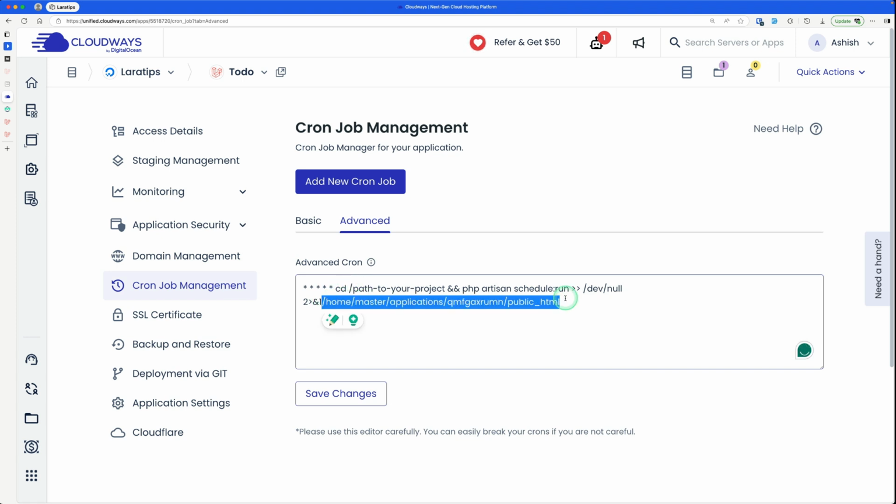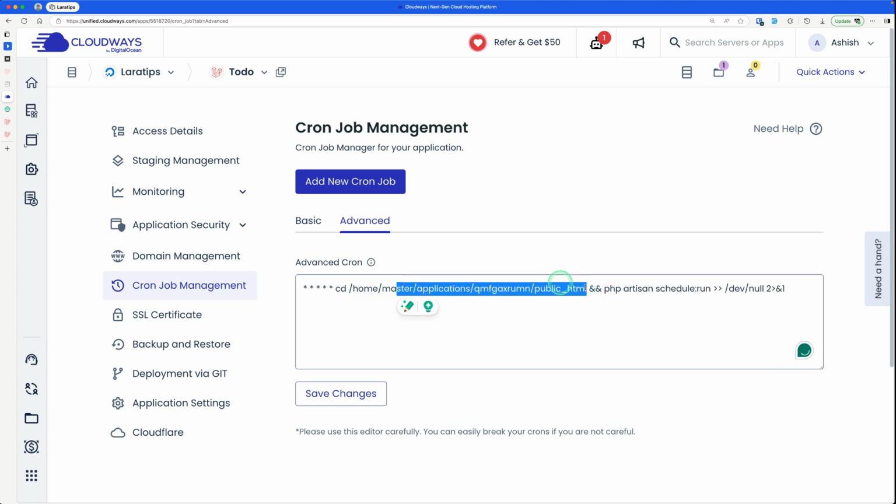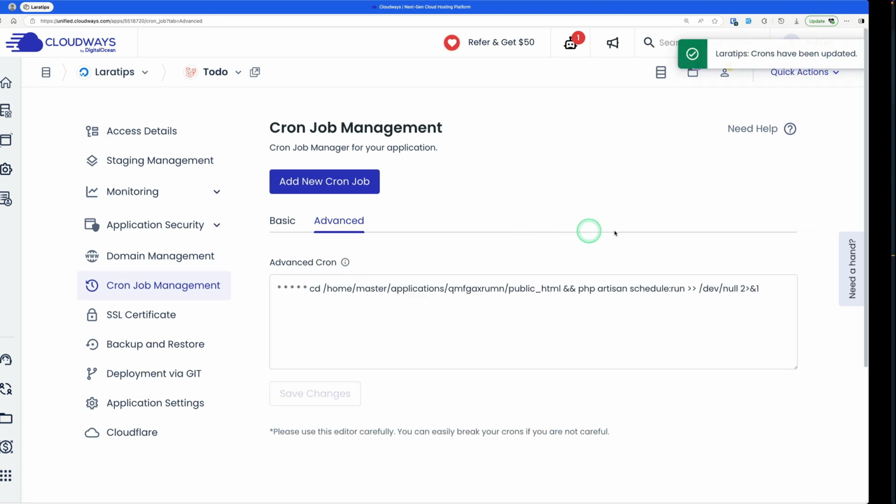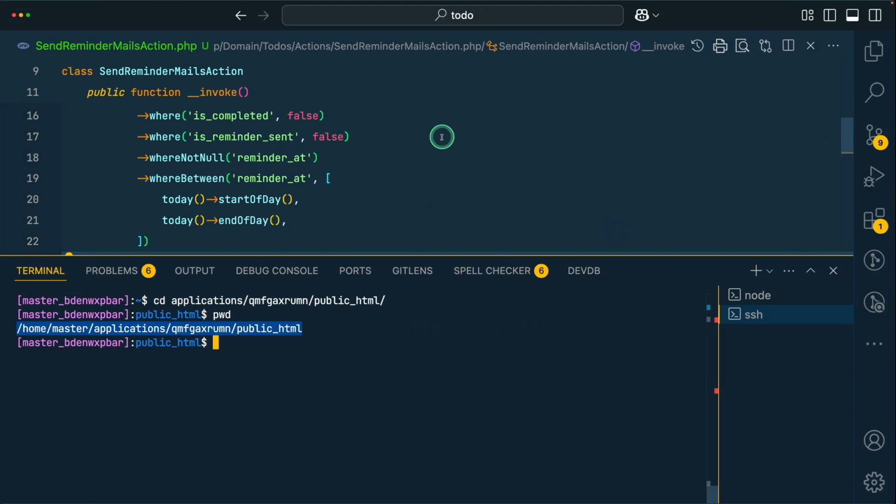And let me just cut it out and add it over here like this. So this is the root of our project, and this is the scheduler that will run and do save changes. The cron job has been updated successfully. Also, let me tell you that the command that we are running manually, we need to set up using cron